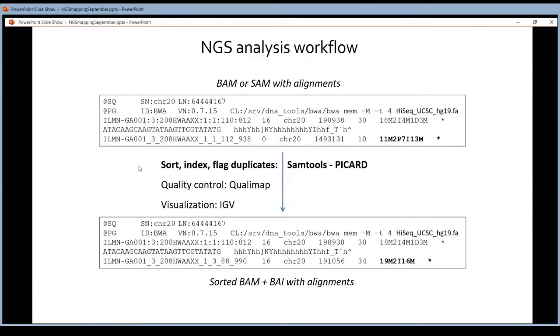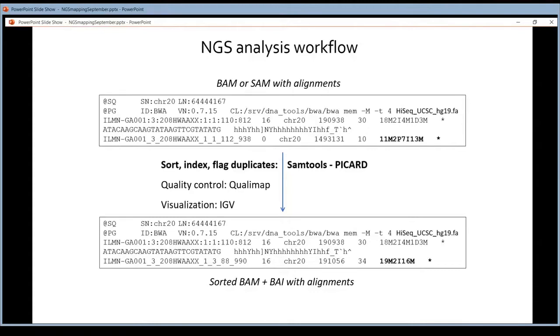It will put the reads in the BAM file in this order. These SAM and BAM files are very big files, so just like we did with the FASTA file that contains the reference genome, here also we're going to index these SAM and BAM files to make them easier to access. That is also a step. And then for some applications, not always, you're also going to flag the duplicates. What does this mean?